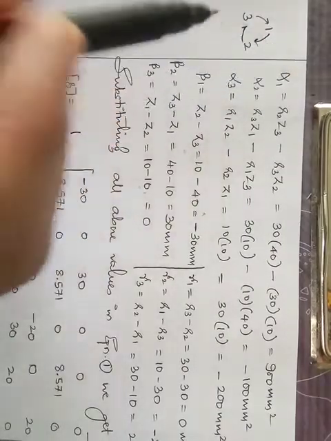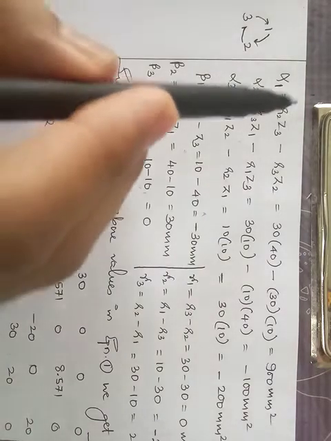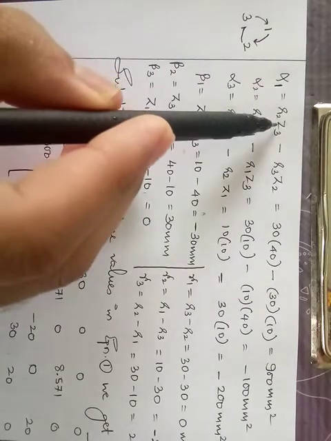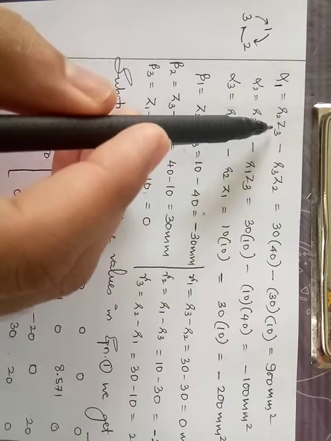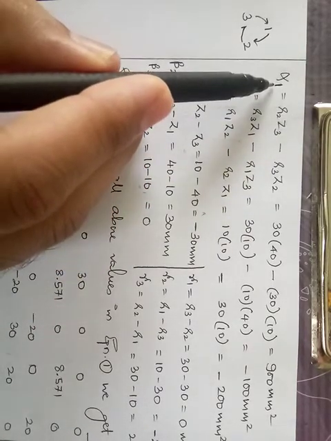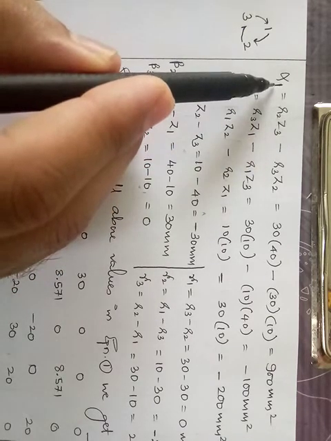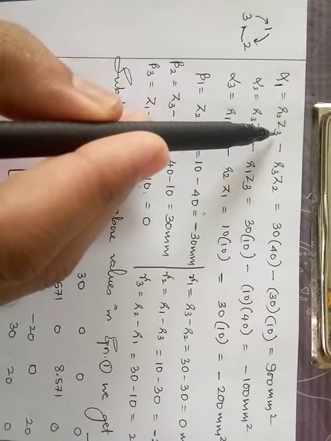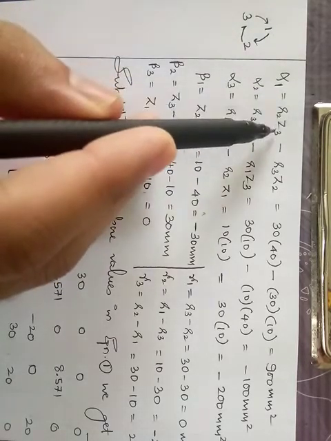Alpha 1. The subscript here is 1. Always start with r and end with z. Try to understand what I am saying: always start with r and you end with z. Don't take the term as z into r, then this logic may not work out. So always take R and then Z. So here it is 1, R and Z, you just write it simply. The next continuation is 2 and 3. You have written 1, the continuation is 2 and 3.